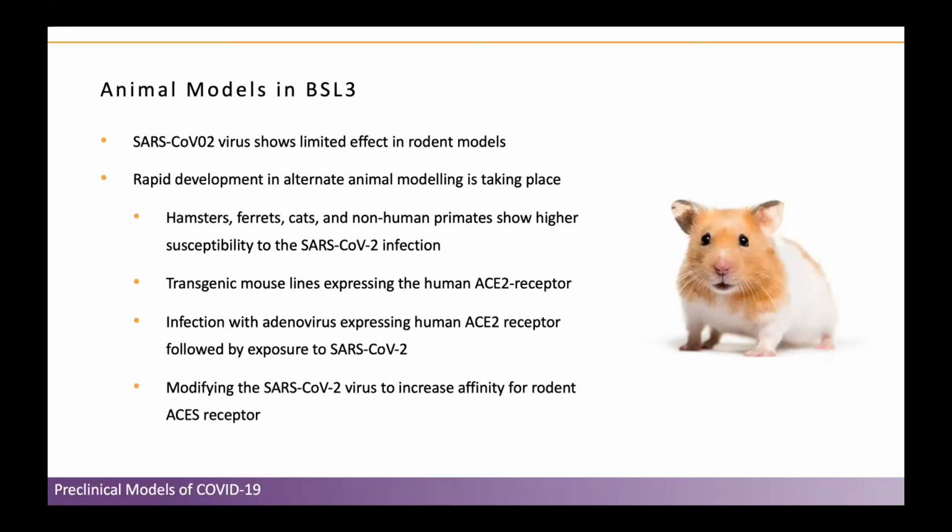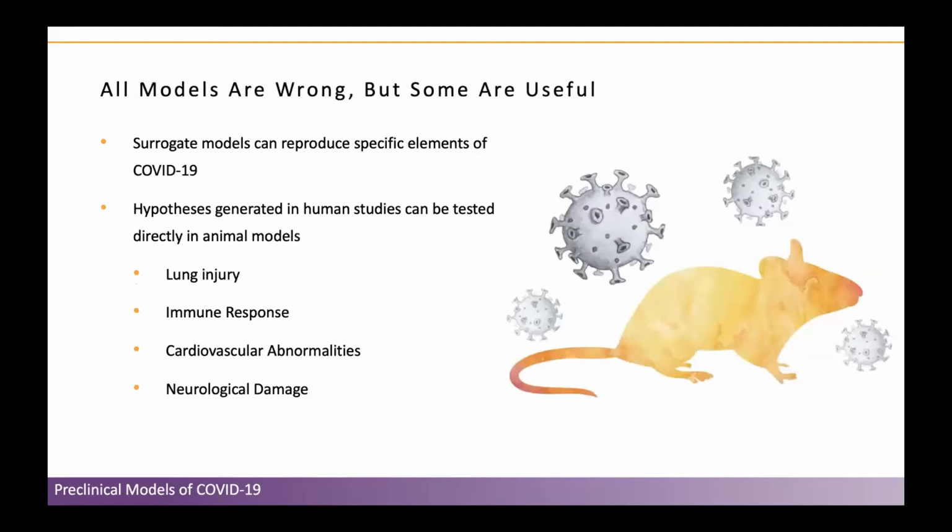And then, of course, you can also modify the virus to increase affinity for rodent ACE receptors. But of course, you want to limit this. Most labs are sort of shying away from too much modification of the virus itself. So there's lots of different ways to incorporate this into your work if you have access to a BSL3 or BSL4 lab. Now, where it gets a little bit more tricky is if you don't have access to those labs,